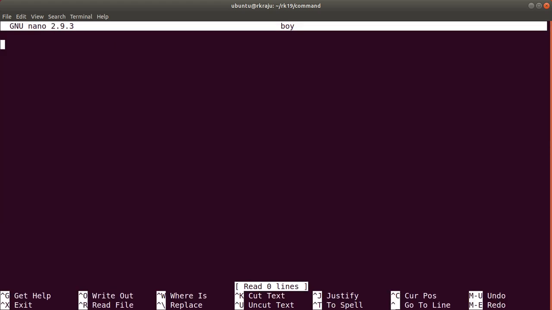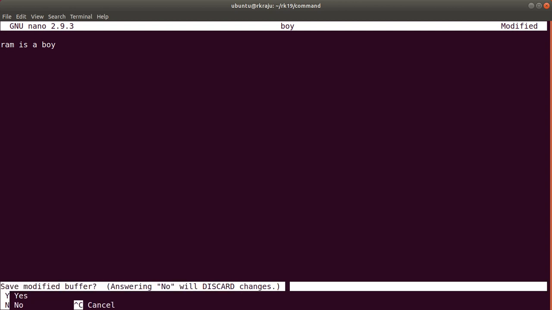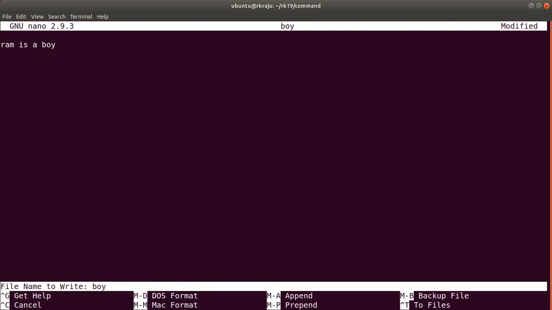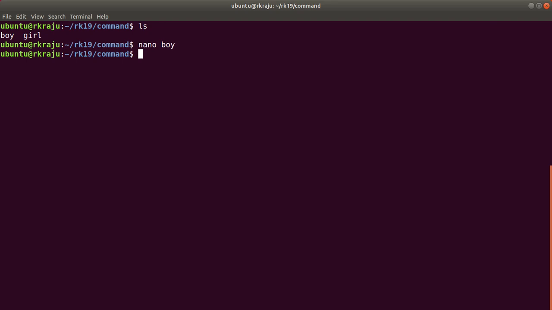This time I am going to write Ra is a boy. After writing this, Ctrl X and then y. It saves the file. Now both the files have some information,